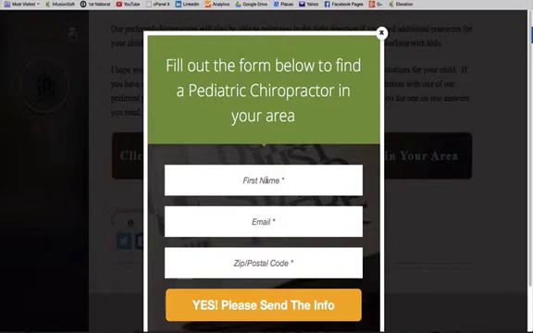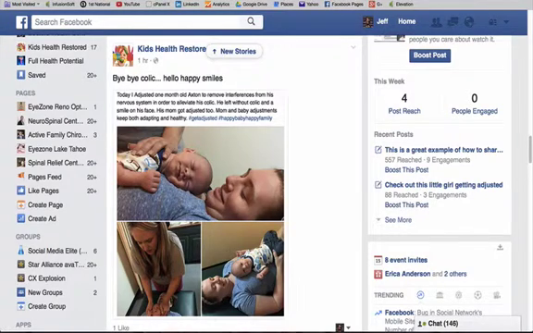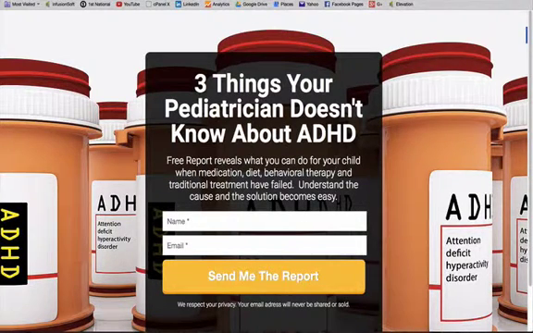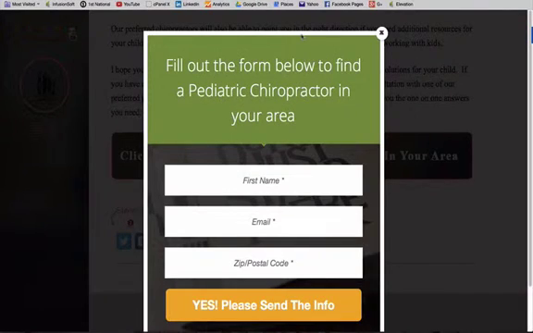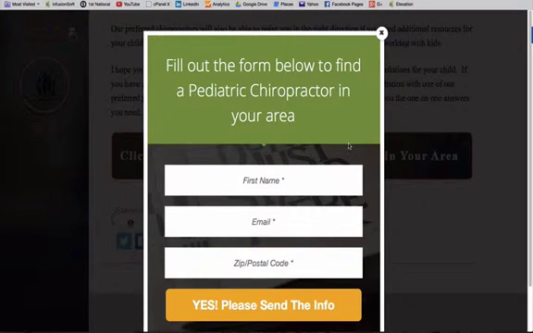So backing up here, you run the ad. They end up on the squeeze page. About 10% are going to give their name and email. That goes right to, again, don't make them download anything, right to the free report about how you can help, and it gives them that call to action at the end. They also get put into the autoresponder sequence to build a relationship. You're going to give them social proof. You're going to have the amazing case study videos that also offer a call to action for your new patient special. When they fill out that new patient special, let's call this one my new patient special,